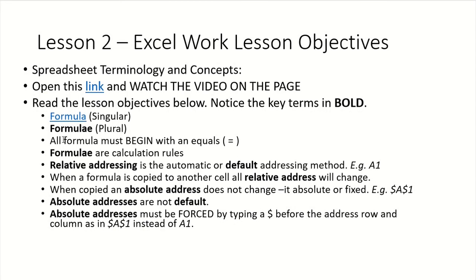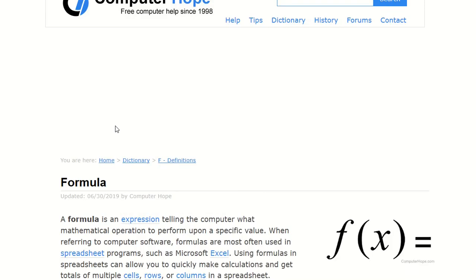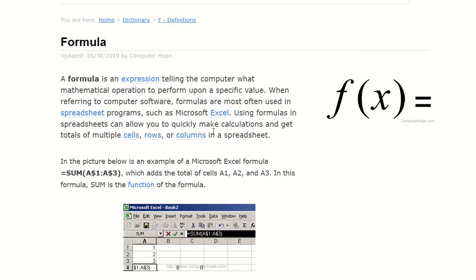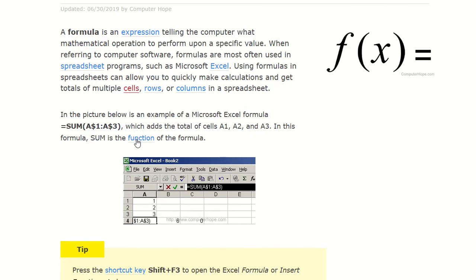So you'll notice that I've highlighted a number of words on the lesson overview page. So formula is one of the ones, as well as formulae, which is the plural. If you click on formula, it opens up a definition, and it says a formula is an expression telling the computer what mathematical operation to perform on a specific value. And specifically in Excel, it takes the form of some sort of calculation rule that always begins with an